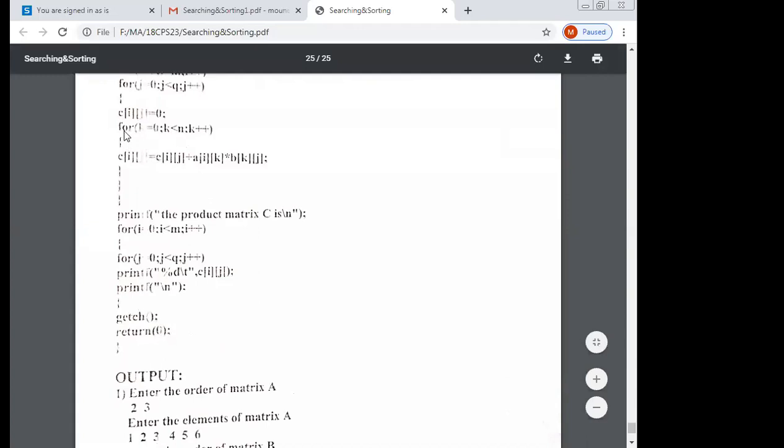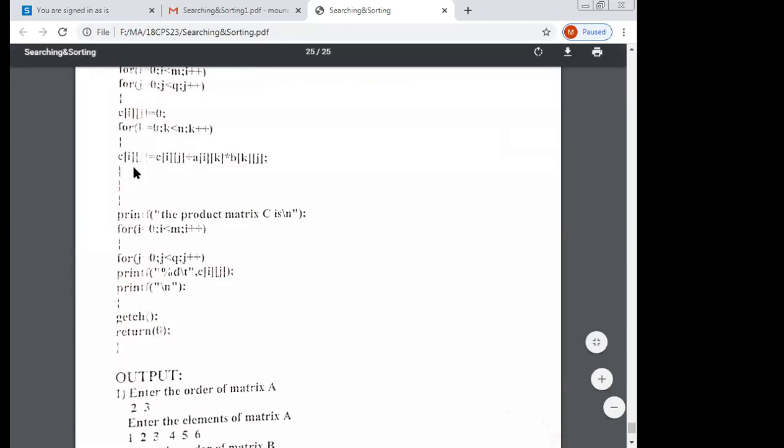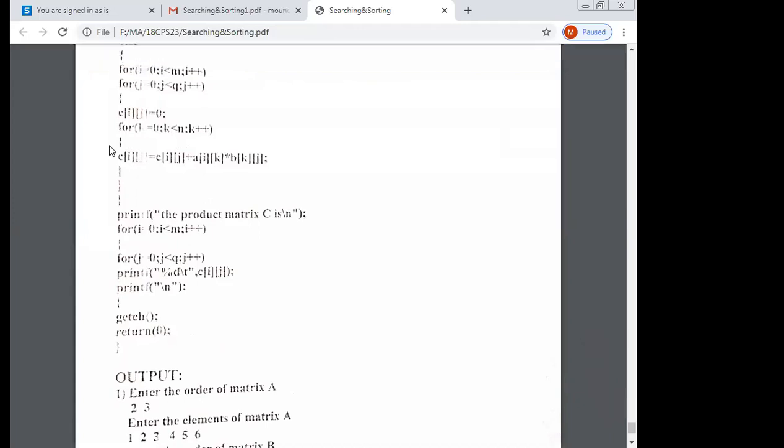Okay, so next you apply the formula for finding the result, to find the matrix multiplication: c of i j is equal to c of i j plus a of i k into b of k j. You apply this formula, you will find the matrix multiplication, means you find the product matrix C.